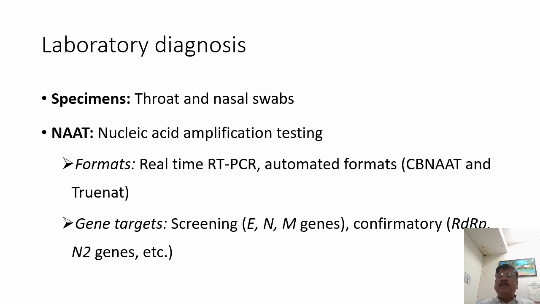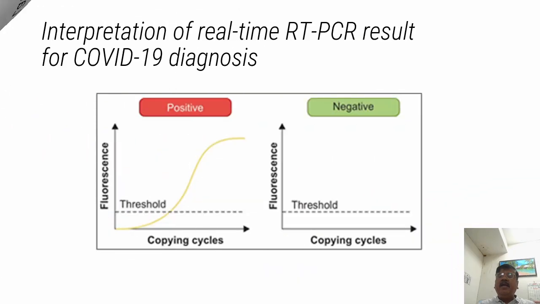Along with that, there is an internal control showing that human tissue is there. So you can see here, this graph will be obtained on the RT-PCR machine. On that LCD display, you can see there is an increase in the number of copies, so real time, which will be shown in the form of a graph. If it is negative, there will not be any formation of a graph. So you can give the cycles and the machine will give the cycle threshold. Sometimes a cycle threshold of 24 or 20 means it is highly positive.